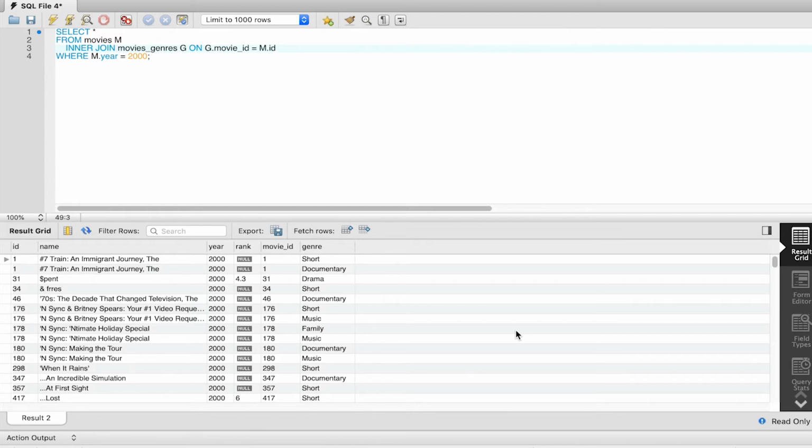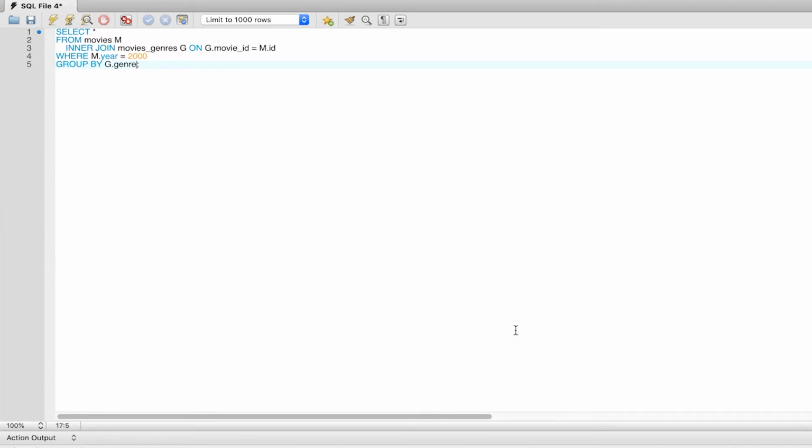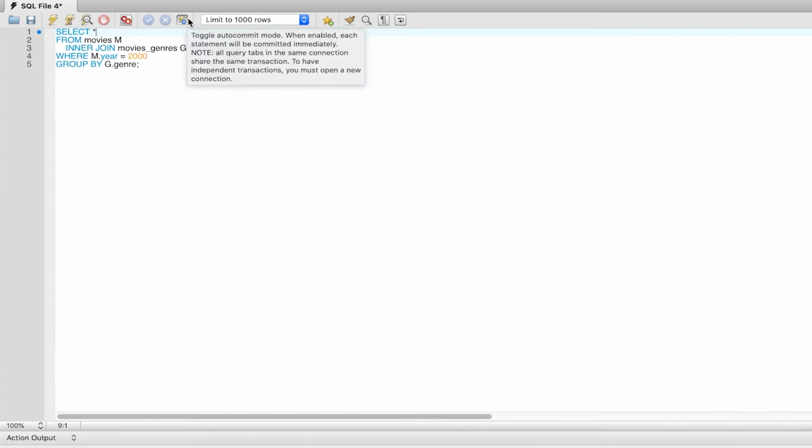The next step now is to compute the group by genre and create the genre groups that we'll need to compute our aggregations. So we go to this query and after the where part, we add the group by clause. So we add group by g.genre at the bottom of the query. At this point, the select star that we had on top stops working because we are doing a group by genre. Therefore, we can only have in the select part attributes that also appear in the group by clause. So we go to the select star and replace it with select g.genre. So we have now select g.genre on the top.